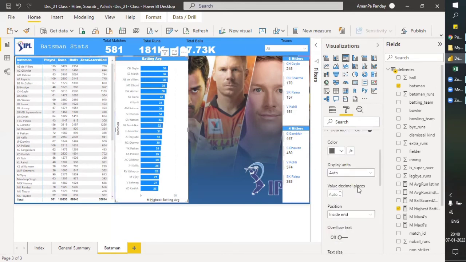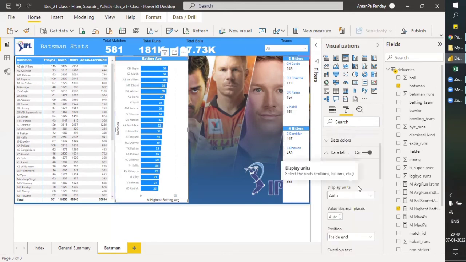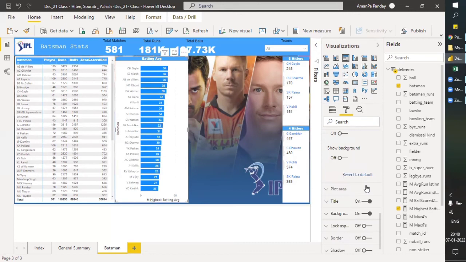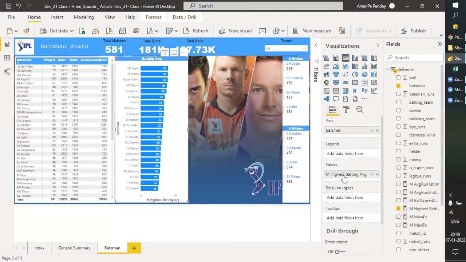Underlining 9 is fine. The color is this. Title background. This, we want only the batting average. Yes.